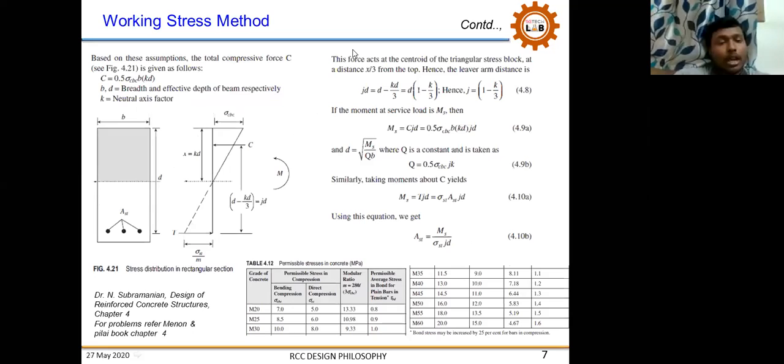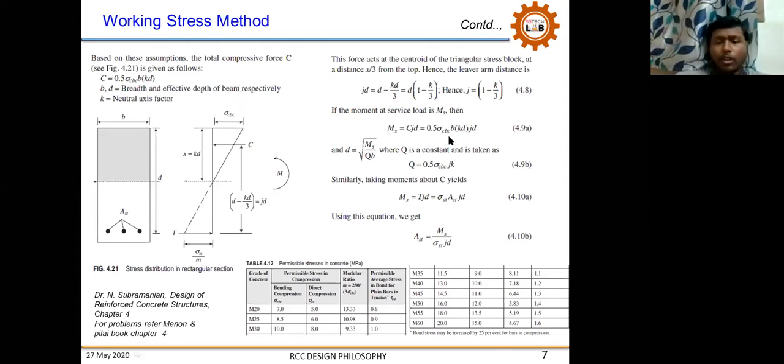Here it shows, based on these assumptions, the total compressive force C is equal to the tensile force. That's the basic assumption where we made stress versus strain linear. This is a stress diagram where you are able to see a singly reinforced concrete beam. In that, they have seen this one, and there goes this assumption and these formulas. All these things are regular to you. You would have known these ones. If you get any problem in this, it is so simple.